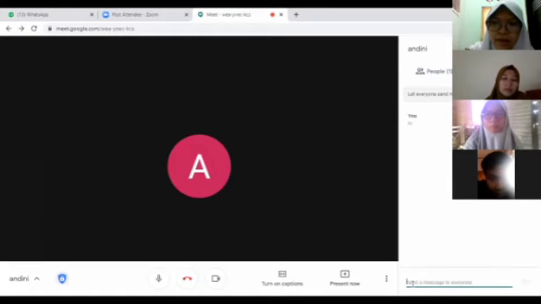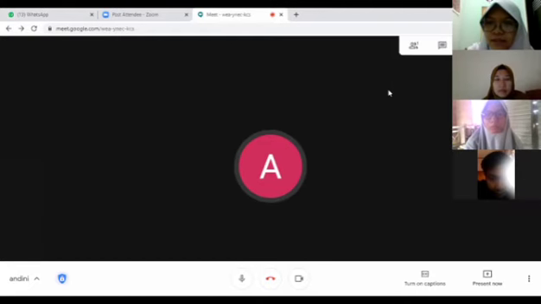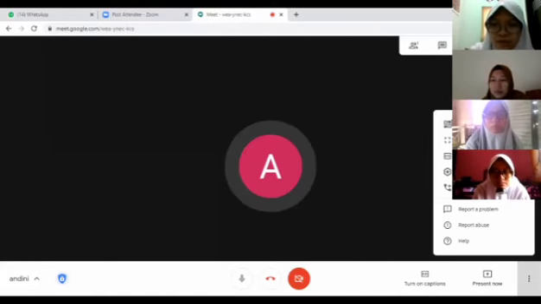Okay, for the next button, this is to show you the clock, the time. This is for more options. You can choose another option. You can change the layout.